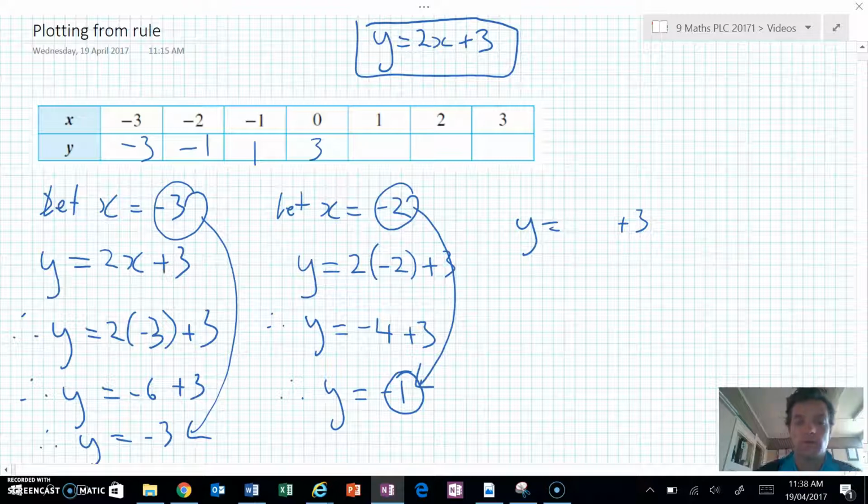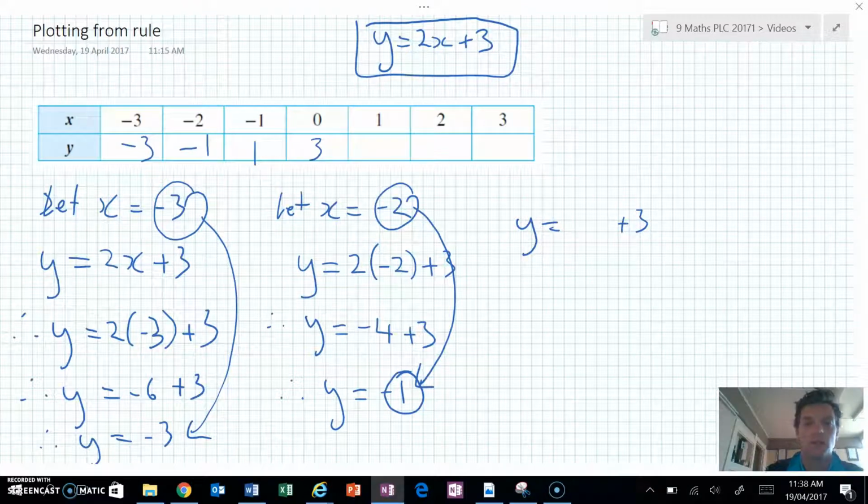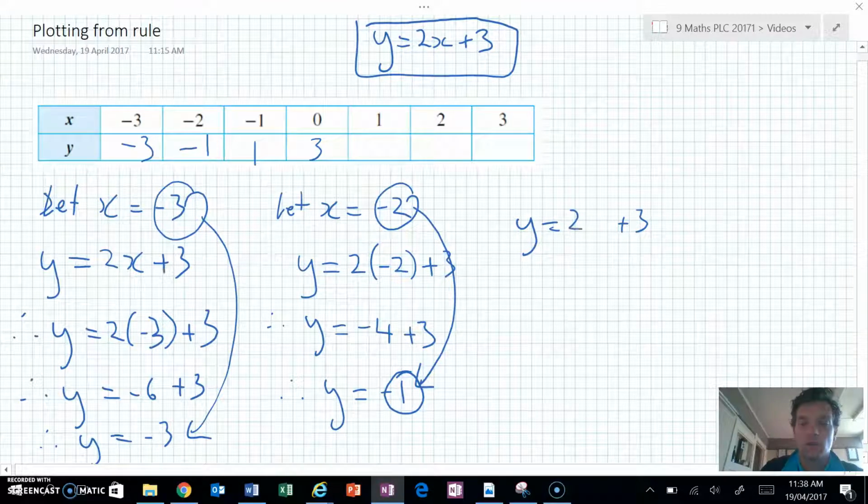So you can see what I'm doing there in terms of my working. So what I'll do is I'll just skip ahead and fill in the last one of these quite quickly, just talking through how that would work. So what I'm thinking is 2x plus 3, so 2 times by 1 is 2 plus 3 is 5. Value of 2 now, 2 times by 2 is 4 plus 3 is 7. 2 times by 3 is 6 plus 3 is 9. So now we've got the full set of values in my table, and we're going to draw it up on